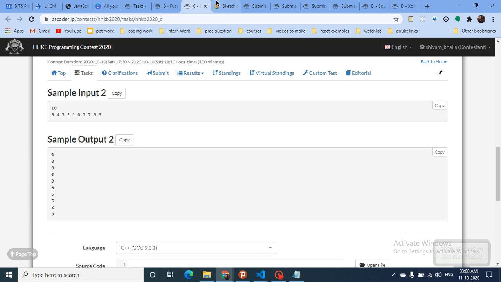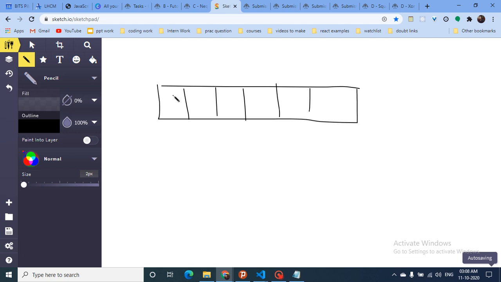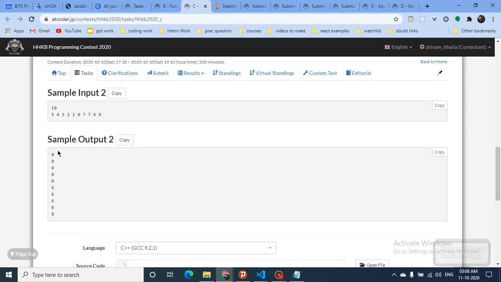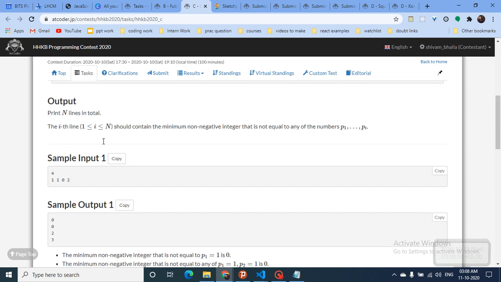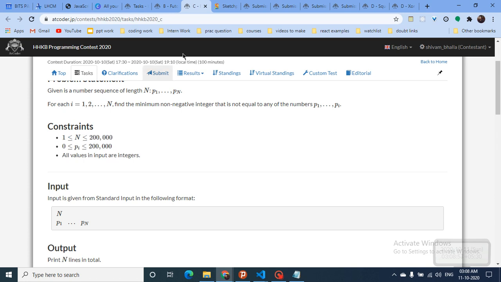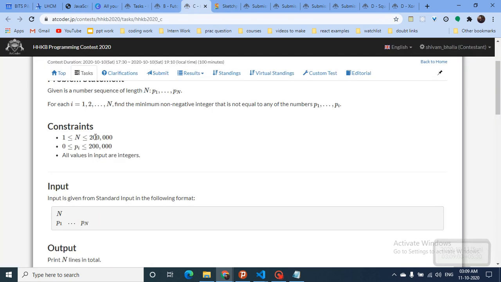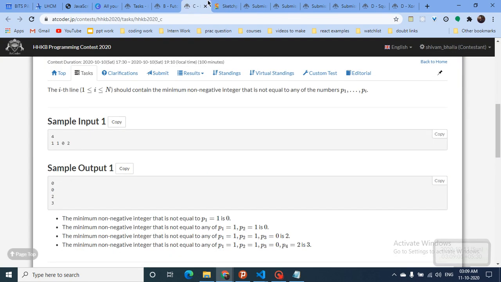So now how can you solve this? You can make a hash map or an array, and everything is initialized to 0 initially. Now you can point one pointer towards the 0th position. The values are up to 200,000, so you can make a vector of 200,000 size, and then move from left to right, and whenever you see 1, increment its count in this.